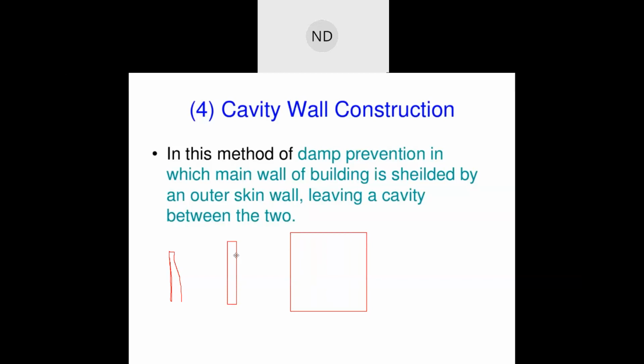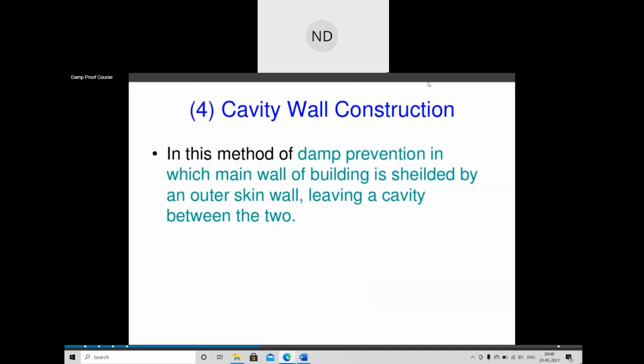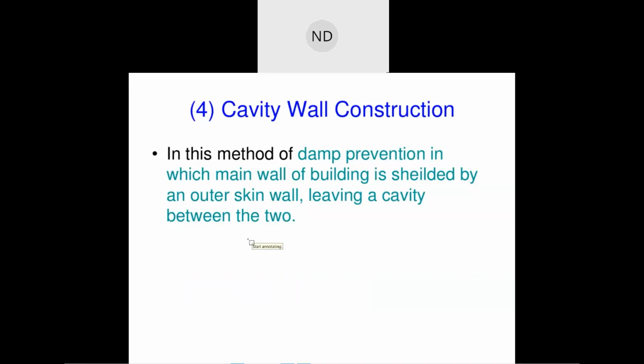This is the wall of the building, the main wall of your building. Now this main wall can be protected by giving an outer skin wall, such that there is a cavity between the main wall of the building and this outer skin wall, so that when the rain comes